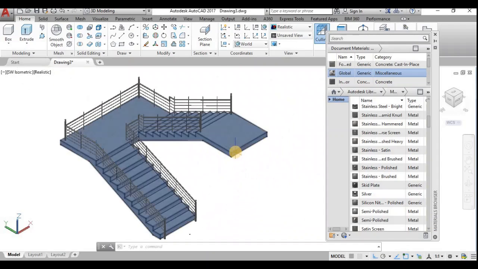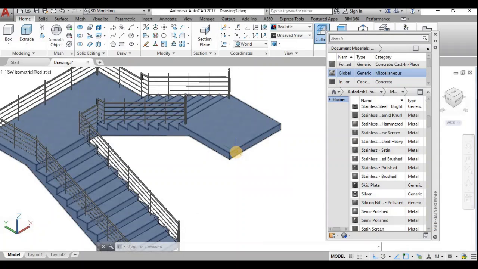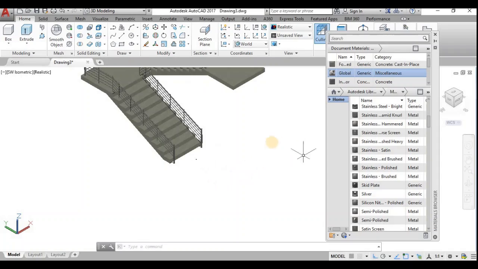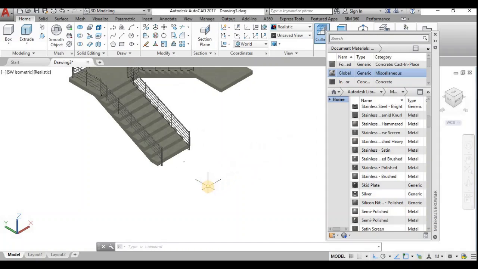We shall give some more decoration to our stair by modeling marble. So I shall choose rectangle. The dimensions: each step length is 1500 and the depth is 300.